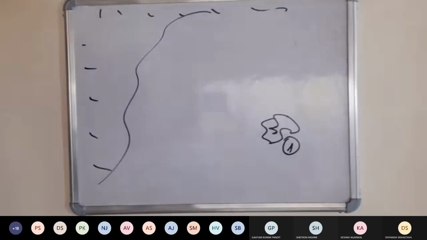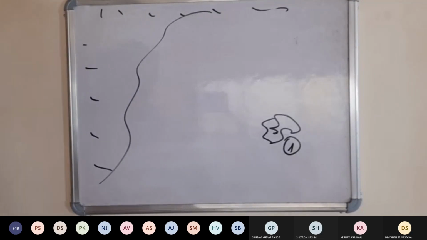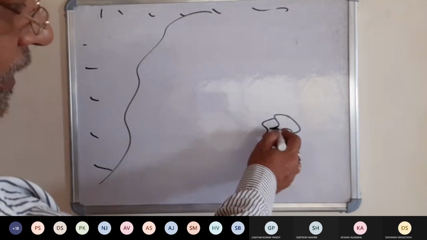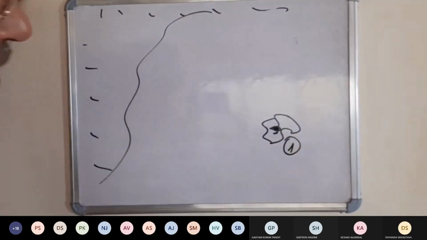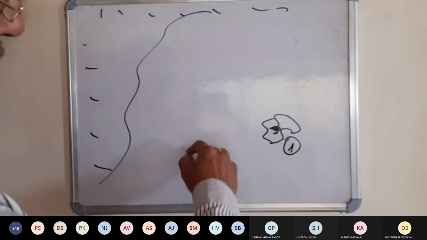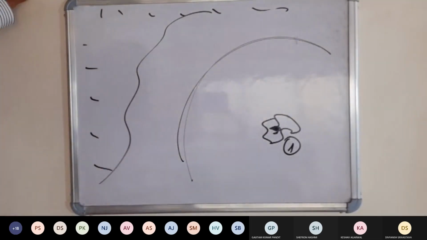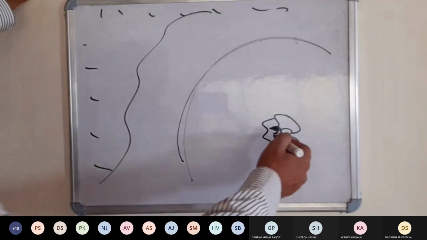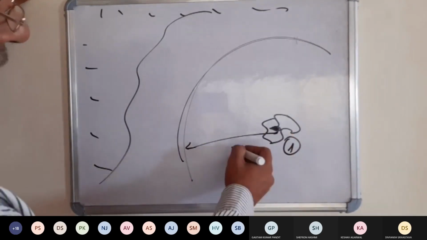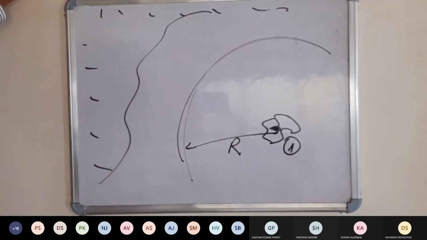So now you have decided the radius. Then keeping that radius and keeping this object as center O, draw an arc. Now that you have made the arc of radius R, which you have decided,